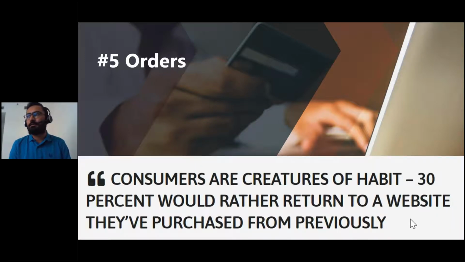It's one fact: nowadays, once we purchase something from a site and we are happy, about 30% of us return to that site. So it's very essential to convert a lead into a first-time customer, and then that first-time customer will come again and become a repeat customer.